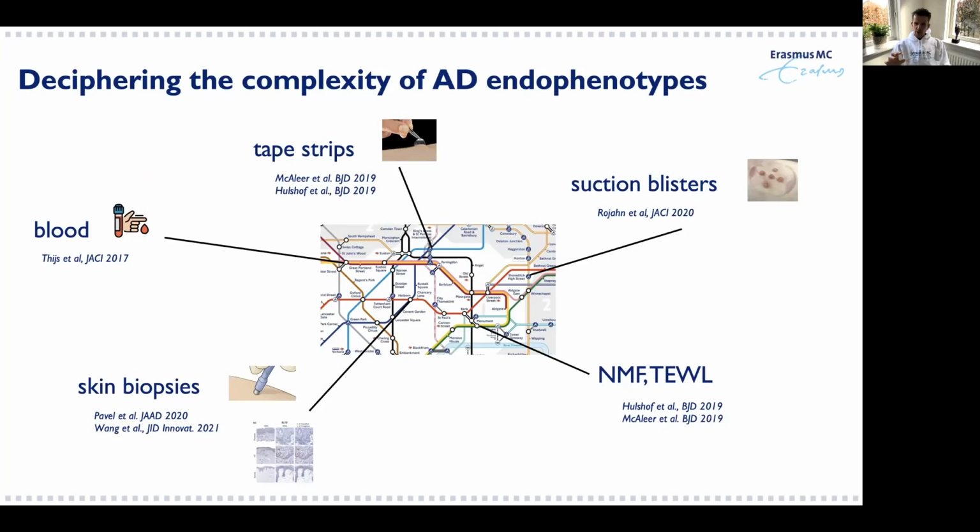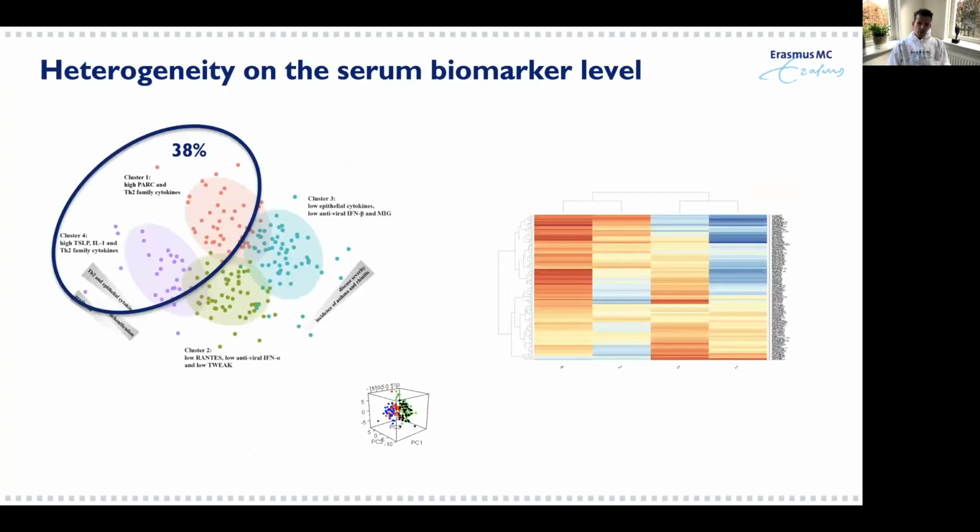Patrick Brunner's group from Vienna recently published a paper on suction blisters. People have looked into physiological properties like TEWL or NMF. And Emma has particularly looked into skin biopsies in AD patients. So I think these are all excellent approaches, but I think there's a need to integrate these data in the end, and I'll come back to that. So one more slide on what we've done in the past is we looked into 200